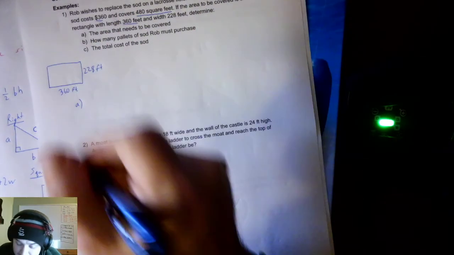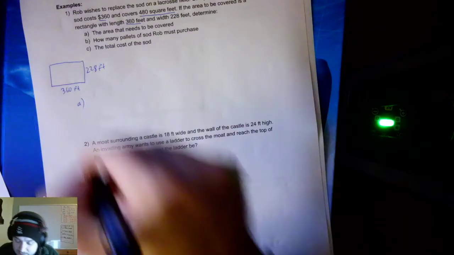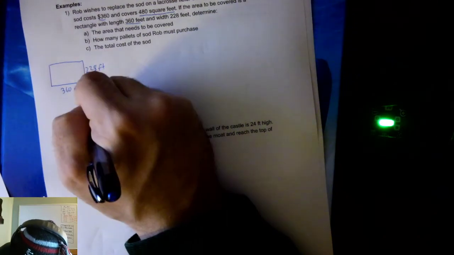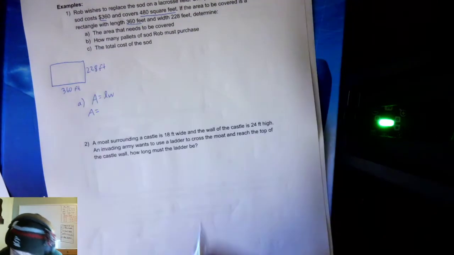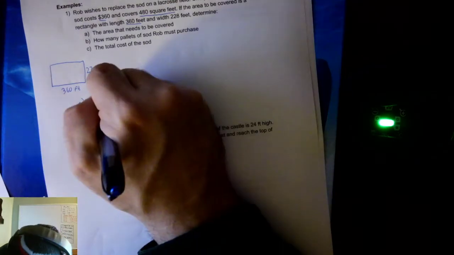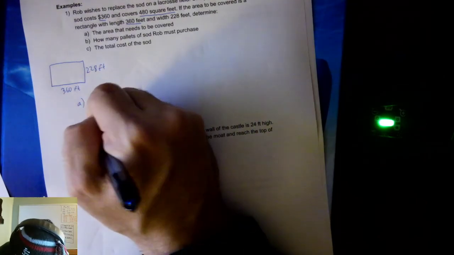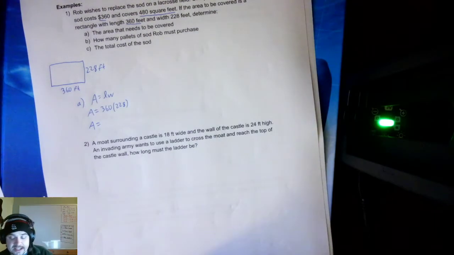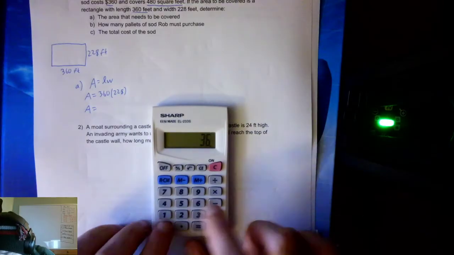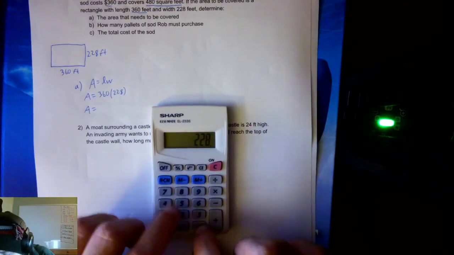Well, I have a rectangle. Area of a rectangle is length times width. I always recommend writing your formula first. That way you know what you're plugging into. Length is 360. Width is 228. And I can multiply 360 times 228. So I'll take my calculator. 360 times 228 gives me